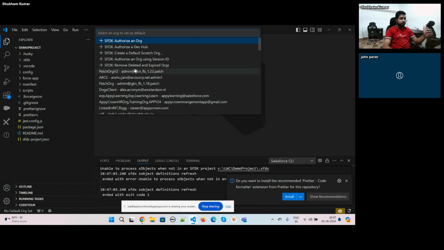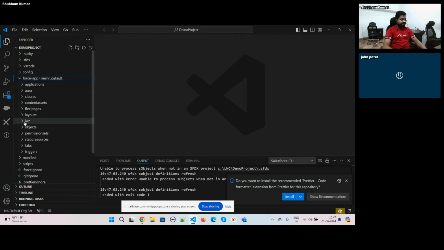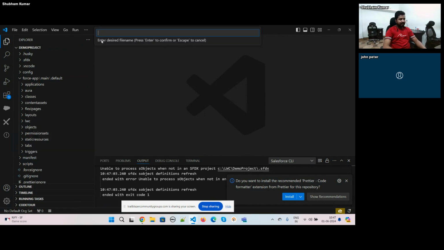Okay, so from here you can authorize your code. Once you click on it, you will be able to authorize and use it. Okay, and once you go here, you will get the lightning web components folder. Once you right click on it, see, I am getting the create lightning web component option here. Once I click here, I need to enter the desired file name. So let me put it as demo,